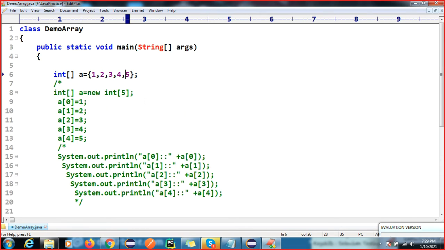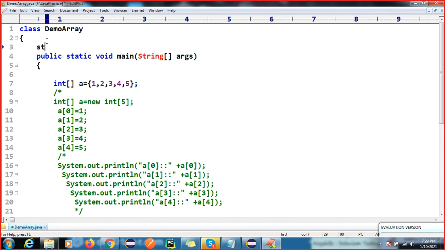Someone will ask you, can you create one function, right? You should not write like that. So we can create one function, display multiple element int of a.